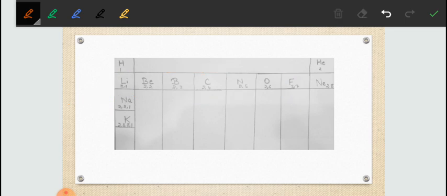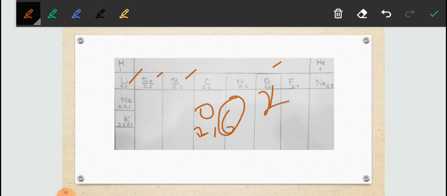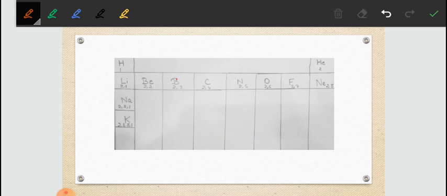One more reason you can find, lithium can donate 1 electron to complete its octet, beryllium can give, boron can give, but in case of oxygen, it is 2 and 6, it requires 2 electrons to stabilize, it will not donate. So it will not show any metallic character. So across the period, metallic character decreases due to increase in nuclear charge.